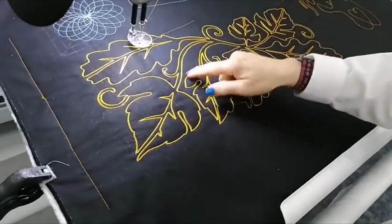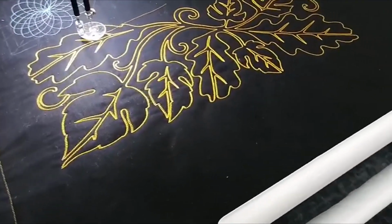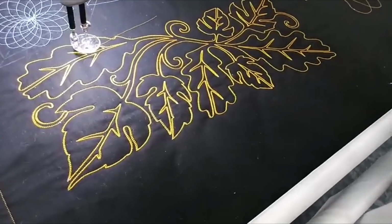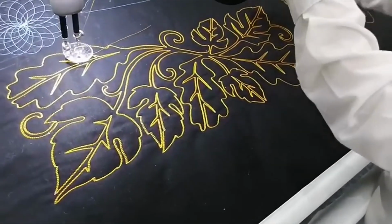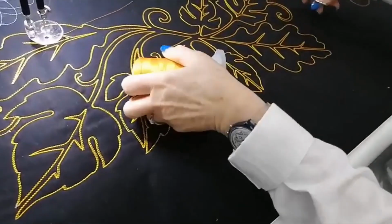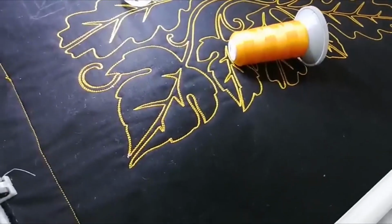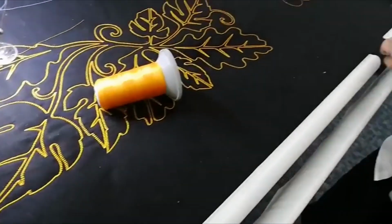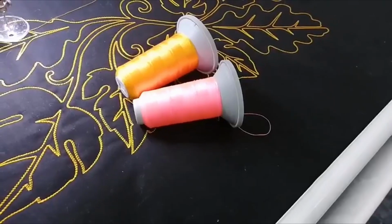And I've gone over the same design 4 times with the Glide 40. Just show it on the spool, Liz, because I think it's a good example of where the spool looks incredibly bright, and of course it is a bright colour. I'm going to cut it off because I'm going to change the thread colour. So I'll lay it down here. So many people wouldn't choose it just on the basis of, ooh, look at that. It's really, really bright. A bit like this one, which is really, really bright. Ooh, look at those two together. Bright, bright, bright, but actually...